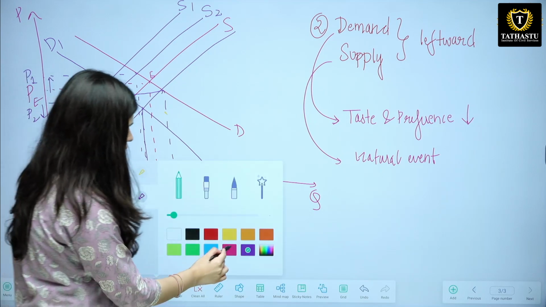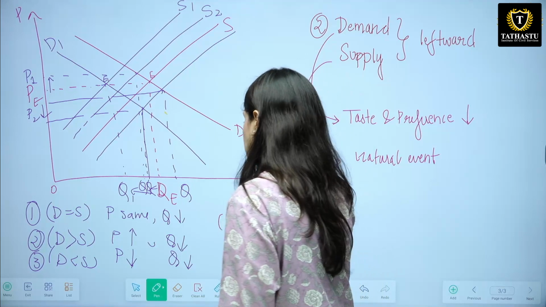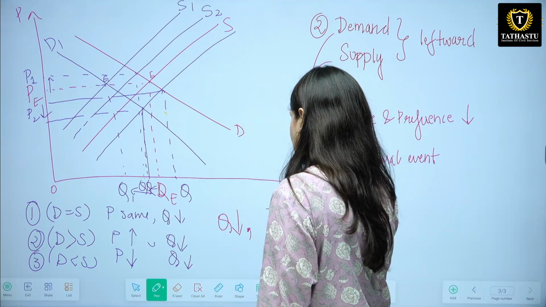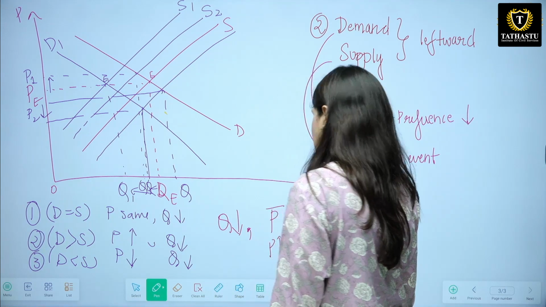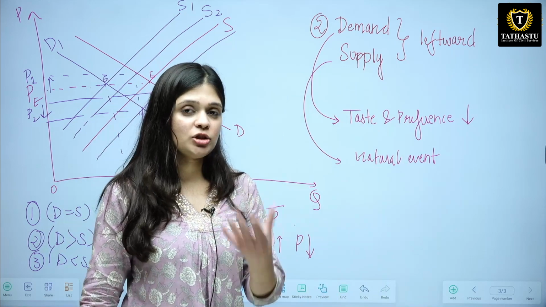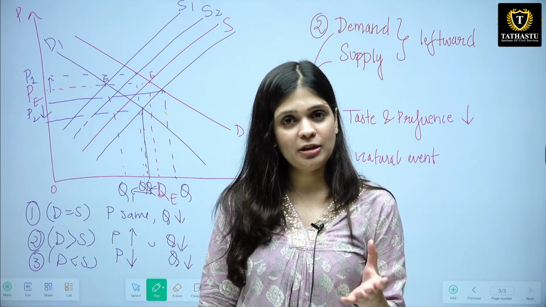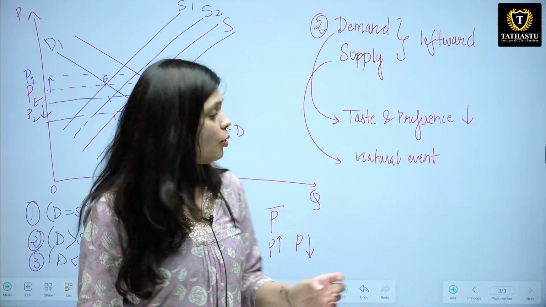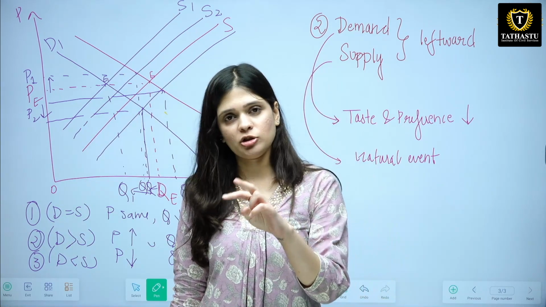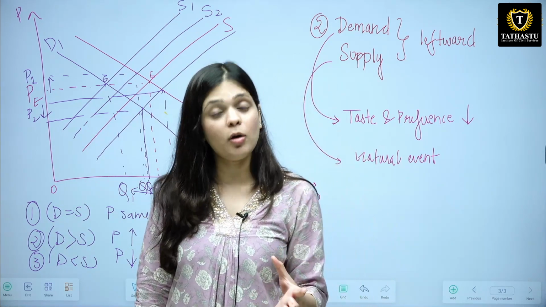So again, there are three cases in which we get to know that if both shift leftwards because of some factors, then quantity will always decrease because both are decreasing, but the price could stay the same, price could increase or price could decrease depending upon how much is demand and supply gap in the market. Based on that, the market will adjust and we will find a new equilibrium point. So these were the two cases of simultaneous shifts in demand and supply curve. Okay, besides that, there is third case in which they both will shift in opposite directions, one left, one right, which we will study in tomorrow's lecture and understand how the market actually works in real time.